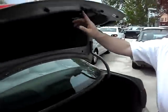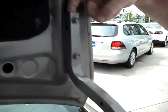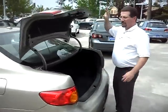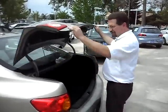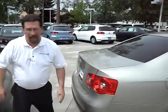Take a look at Toyota. The budget seemed to come a little bit shy on the finish there. But this is what concerns me. Two little bolts, a piece of extruded steel. Looks like something you might have fastened in your garage. And then, if you look at this, it's just, gosh, it doesn't seem to have that same integrity. You know, this is the training class they broke the trunk with doing that, so I don't want to cost myself any money. So as you can see, if I close all the doors and we step back and we